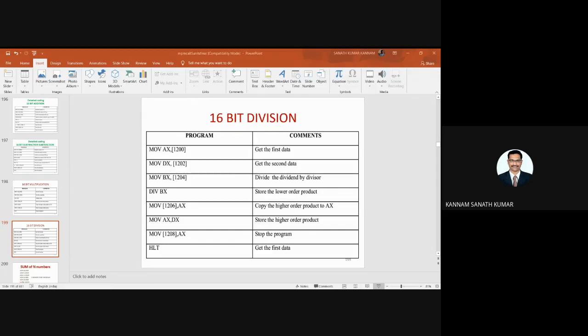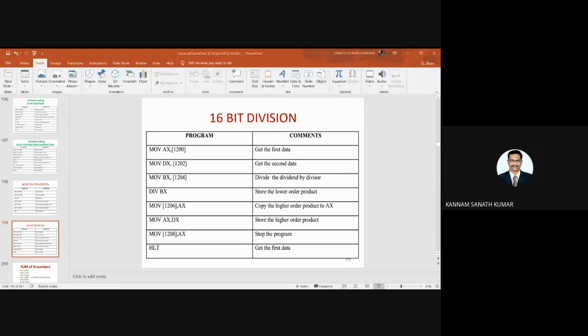So this is the first data and second data, the dividend, and the 1204 and 1205 value is the divisor. You divide the dividend by the divisor: 1204 and 1205 you move into BX. DIV BX means DX:AX divided by BX.